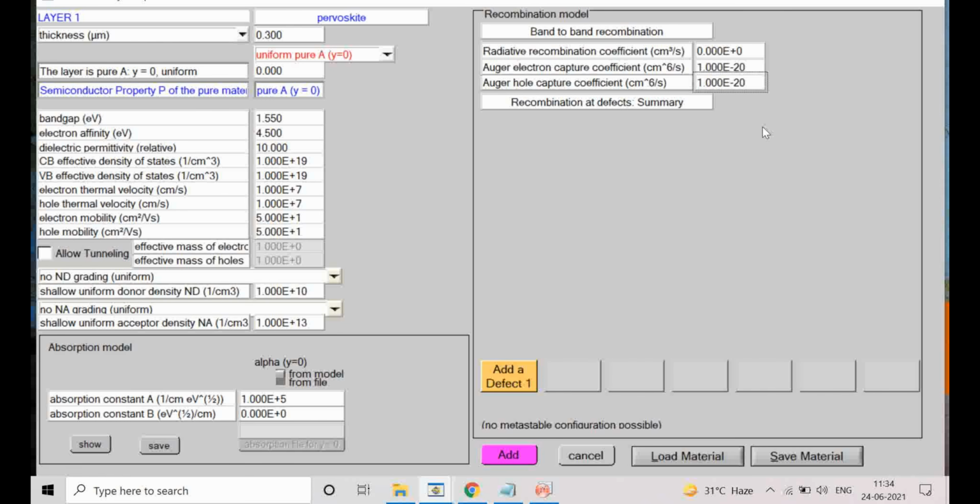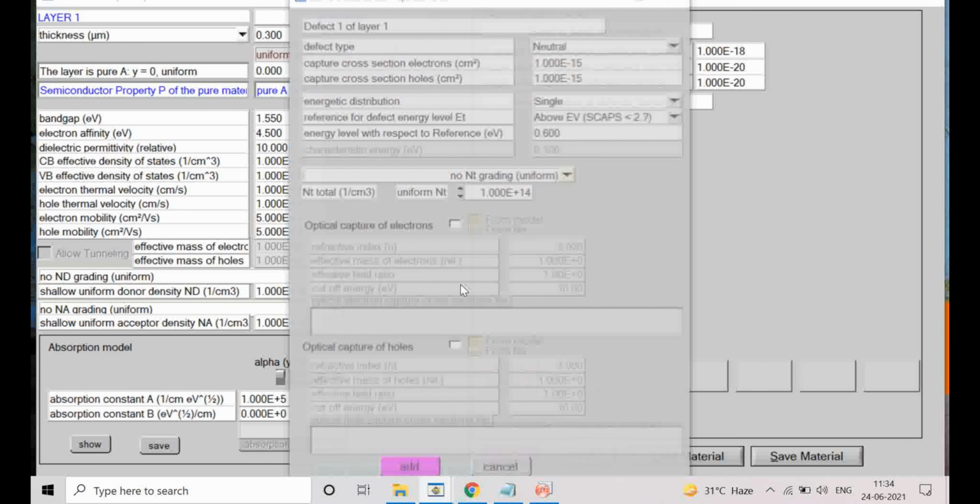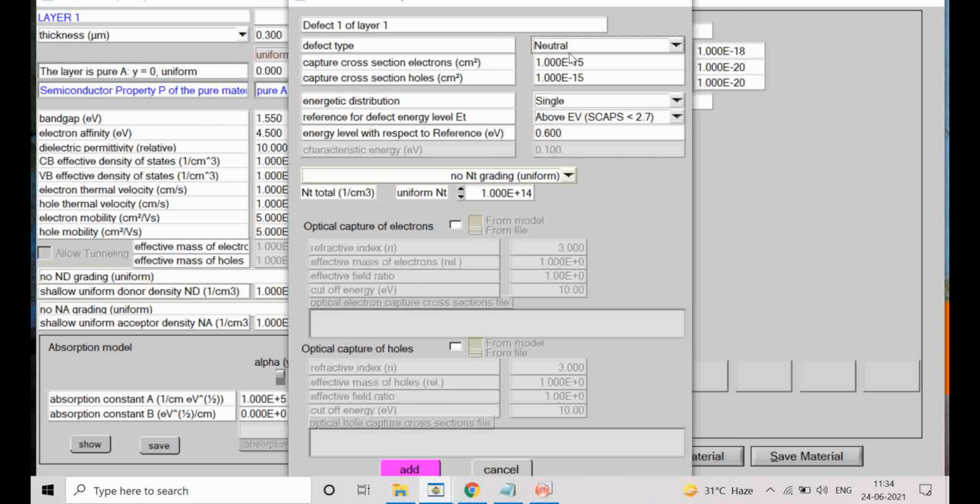So for radiative recombination you can take again 1e-18, there's no problem. These are all small values. Then add a defect. Once you go to defect, now you have a neutral defect. A neutral defect is just to simulate a defect type.